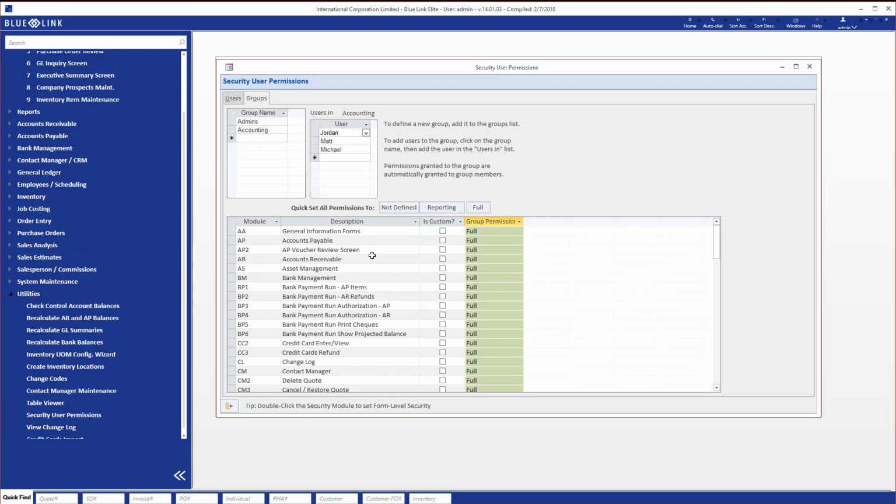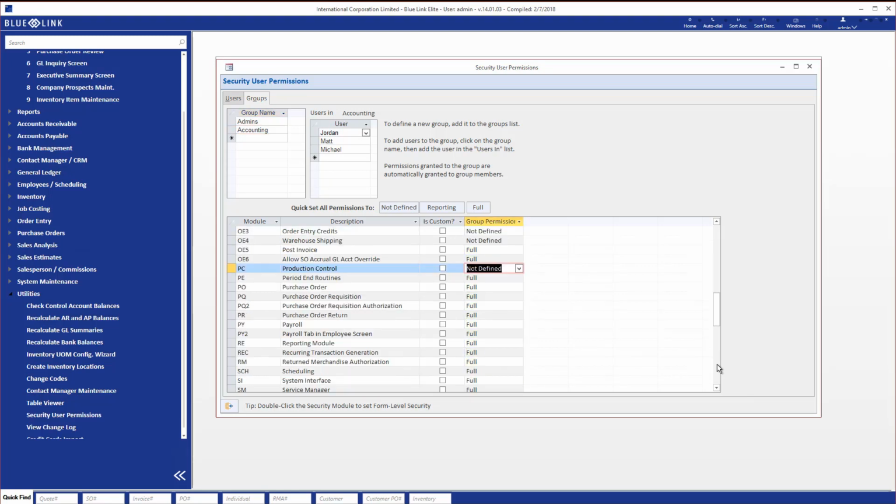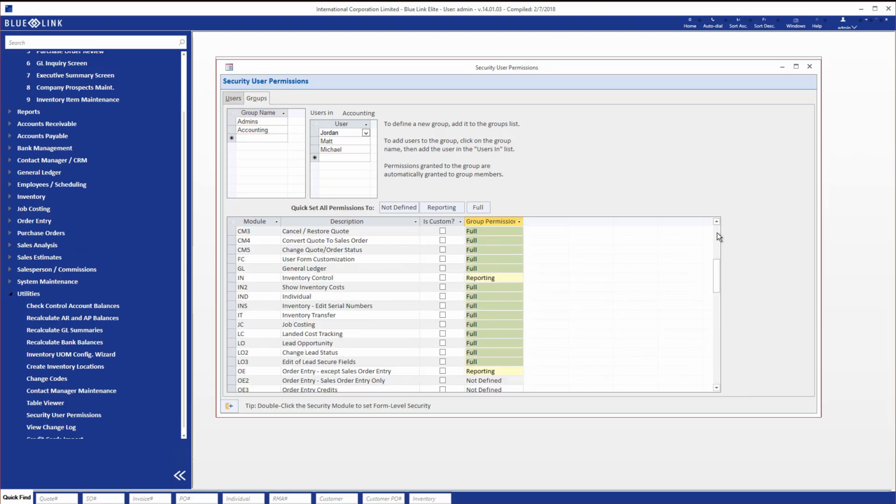We can create a group, for example, that is called accounting, and we can assign particular users to that group, and then we can control the permissions for that group, as you can see. Bear in mind that users and groups permissions might coincide with each other, but they might also contradict or supplement